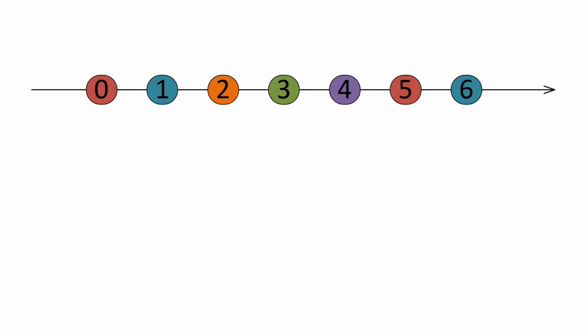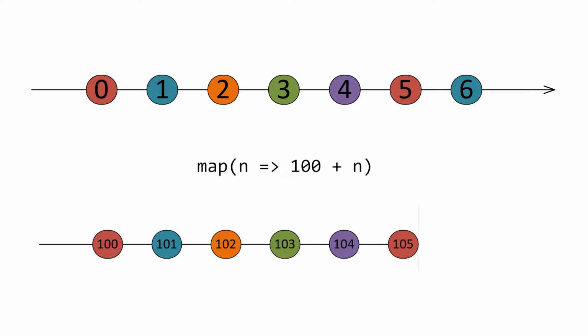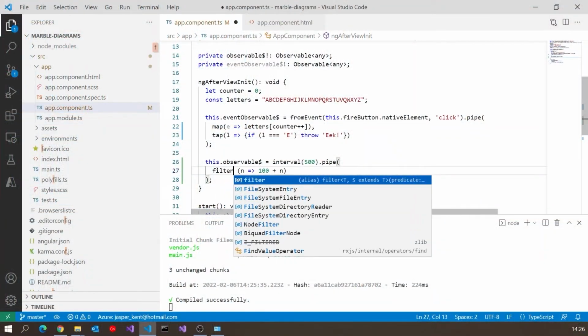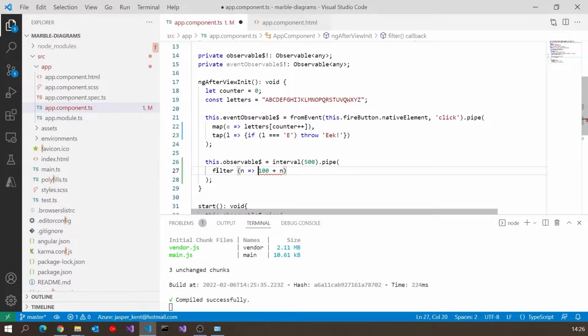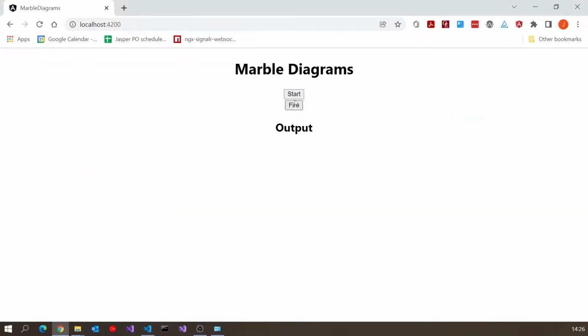But if we wanted to represent that map on a marble diagram, we'd do it like this. We'd have the first row, which was the incoming observable, that was just the numbers 0, 1, 2, etc. And then we say map and give the explanation of that. And then we've got another observable, the outgoing, which is 100, 101, etc. So pretty simple idea of what we can do there. Another thing we can do, remember, is a filter. So we could show how that one works. We'd say filter, and then we could say n remainder 3 equals 0. So that one's only going to give us every third item. And again, how that works is obvious enough.